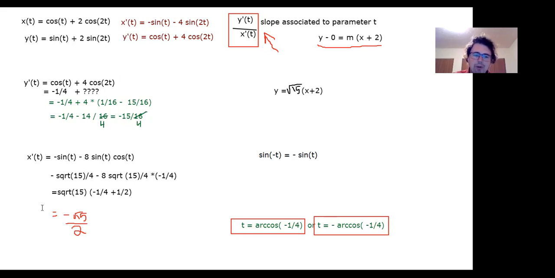So when I make this calculation, I won't get negative square root of 15 on 2 here. I'll get positive square root of 15 on 2. So all of my algebra will look the same, except I'm down a minus sign. That's the reason why the other tangent line will have this formula. Y equals minus the square root of 15 times x plus 2. So there is my calculation. It takes a little bit of trig for this problem,